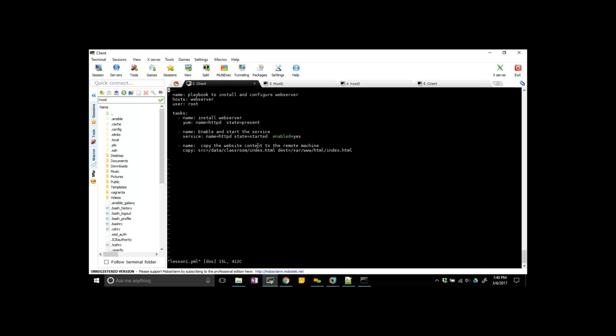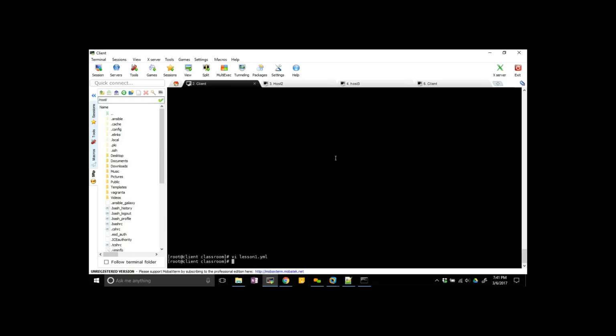Now after copying this file, I want to make sure that, suppose if you are making any changes on your web server, you should inform and make sure that the web server is running or not. So this whole task will show you how to install and configure your web server and display the web server on the remote machines.